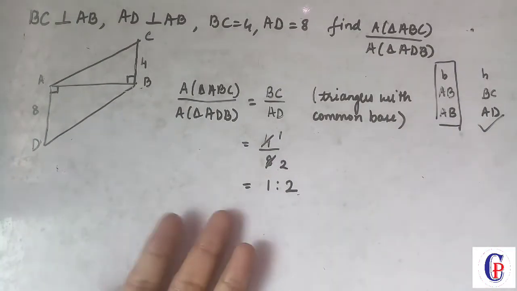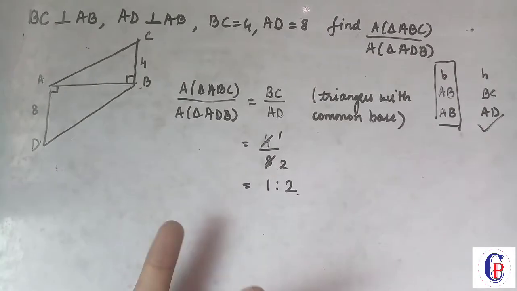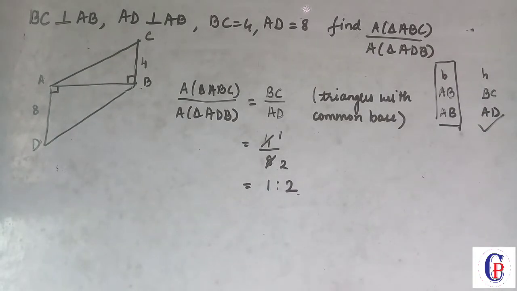So again, see, the calculation is so easy. 4 upon 8, anyone can solve this. Throughout our course, you will always find this type of calculation. There won't be any difficult calculation like we solve in Maths 1. So don't assume that Maths 2 is difficult. Maths 2 is easy only if you know the theorems and properties. If you don't know the theorems and properties, then whatever logic you apply to the question, you will not be able to answer it.